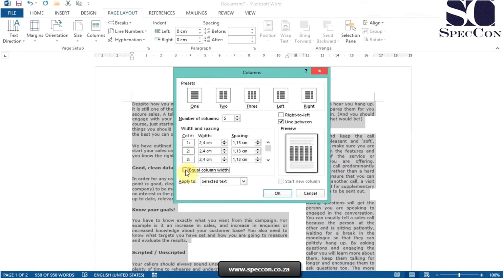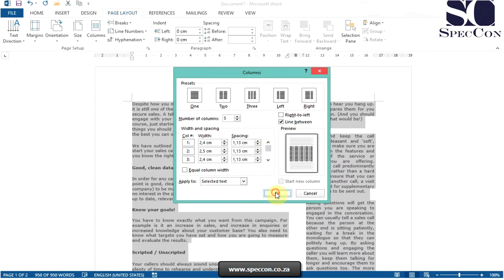If I untick that equal column width box, I can change the width of the second column, and so on.